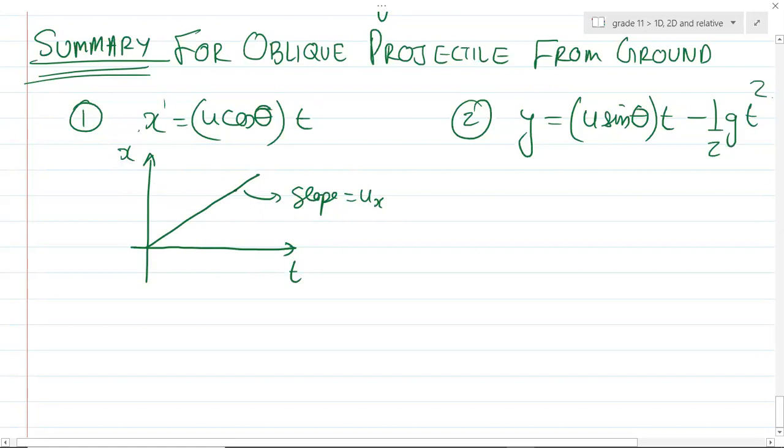So see the initial velocity of the object from the graph. It is basically equal to u cos theta. Is this clear? How will you get this u cos theta? If suppose this graph has angle phi, then u cos theta will be equal to tan phi, or basically you know how to calculate the slope, right? Is this clear?